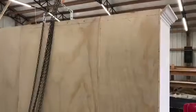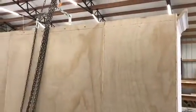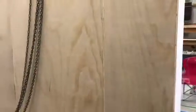Let me walk around to the back so you can see this. This bookcase is about 86 inches wide, so I had to make it in 3 pieces, 3 sections. So you see the center section there is one piece, and you've got your 2 end pieces, and then there's the top up there that kind of stiffens and holds it together and straightens it out. But we'll get on to it here in a minute, and I'll show you how I made these